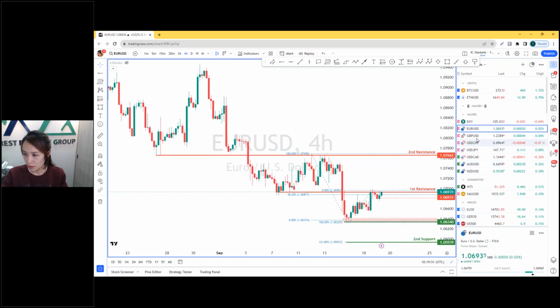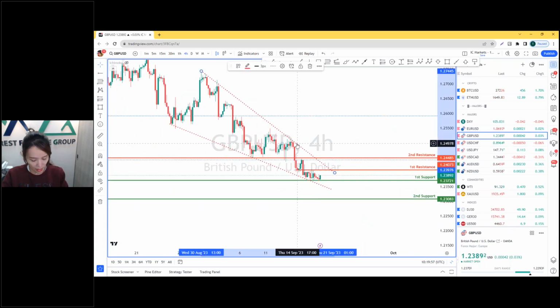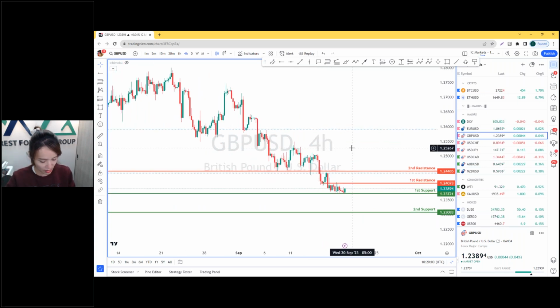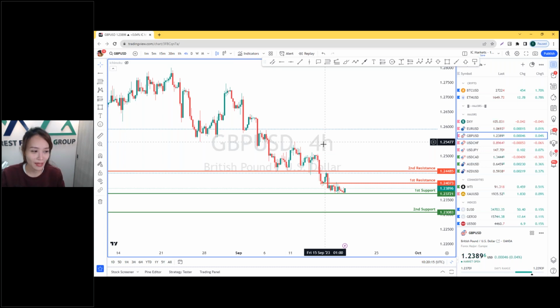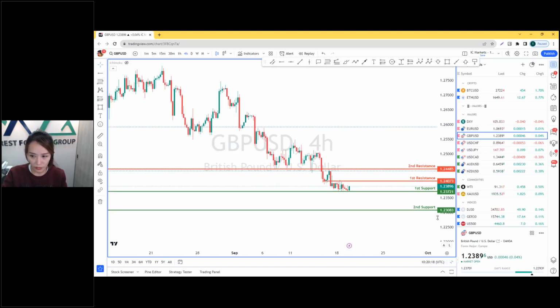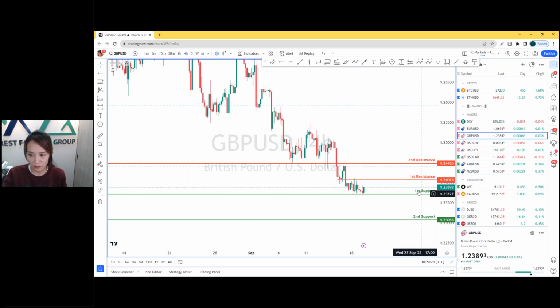Okay, let's see GU. I have a long or buy position on my favorite pair. If you guys ask me what my favorite pair is, it used to be gold. Now I trade a lot of GBPUSD. I find it quite easy to trade, maybe for me. I just feel okay, I don't know about you guys. This seems like the pair whose pattern I know. So I bought at this level, I still hold. My TP is going to be before the first resistance. Either I close half or I